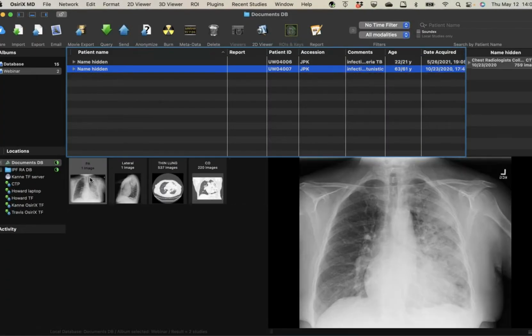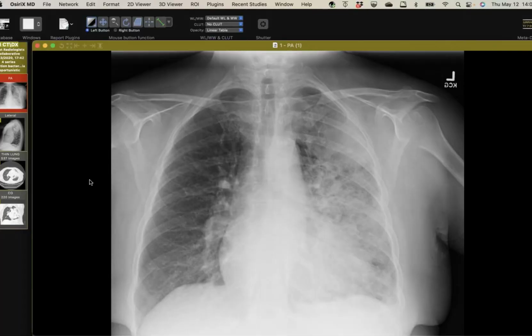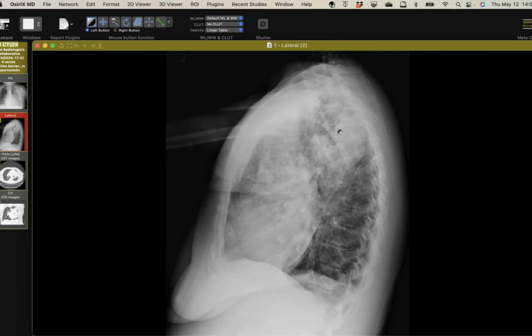And then this other case is a woman in her, I believe she was in her 60s. She had a kidney transplant for chronic kidney disease, and it was complicated by delayed graft function and some wound healing issues. But other than that, she was doing okay, and then developed a cough and a fever. And you can see on this chest radiograph, there's dense consolidation in the left upper lobe. There's less dense consolidation going further down that lung. And on the lateral, you can see it's primarily in the upper lobe, but there's this mass-like